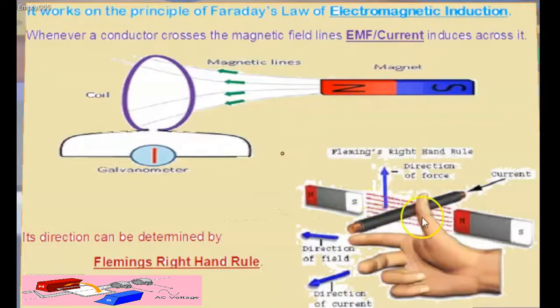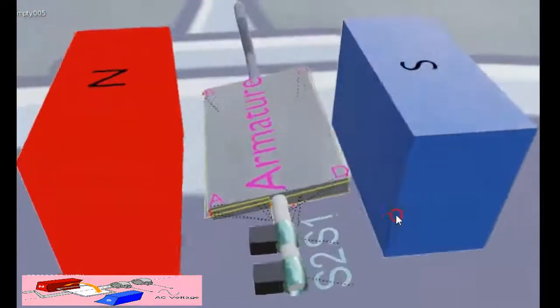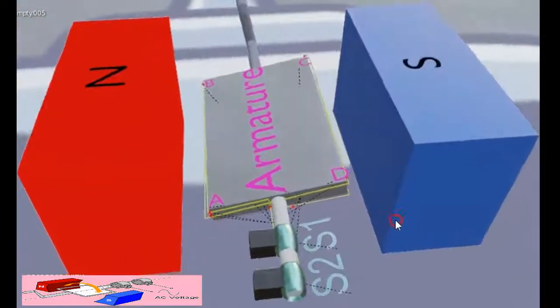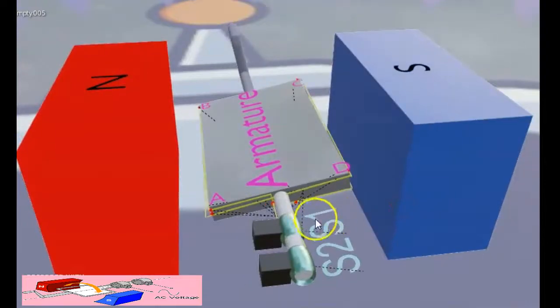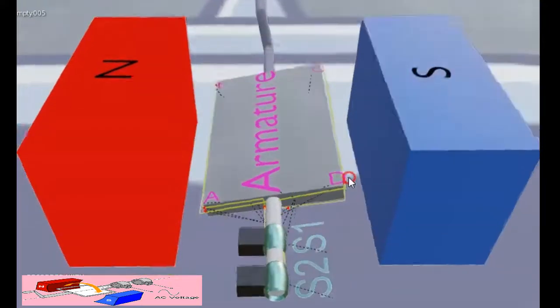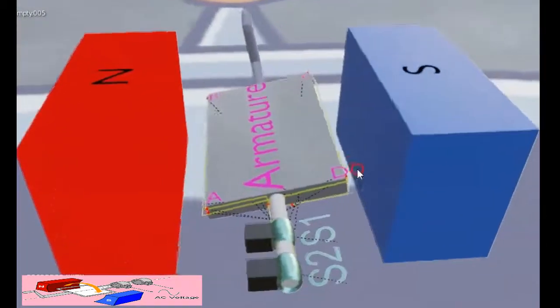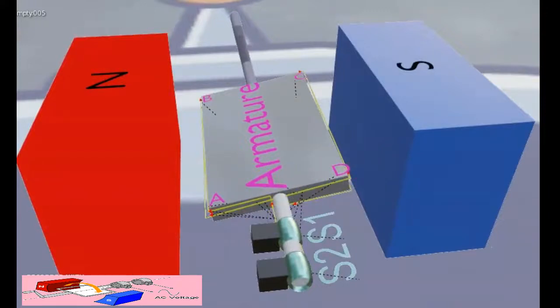In today's video, we will use both of these laws in our model and we'll see how the current induces in the generator. So let's begin. So this is our model of AC generator. Here coil rotates in the magnetic field and charges accumulate on these two brushes. In this model, now we move this armature in clockwise direction. Then we find the direction of current in the wire by using Fleming's right hand rule, as well as we find the nature of charge which accumulate on the brushes.